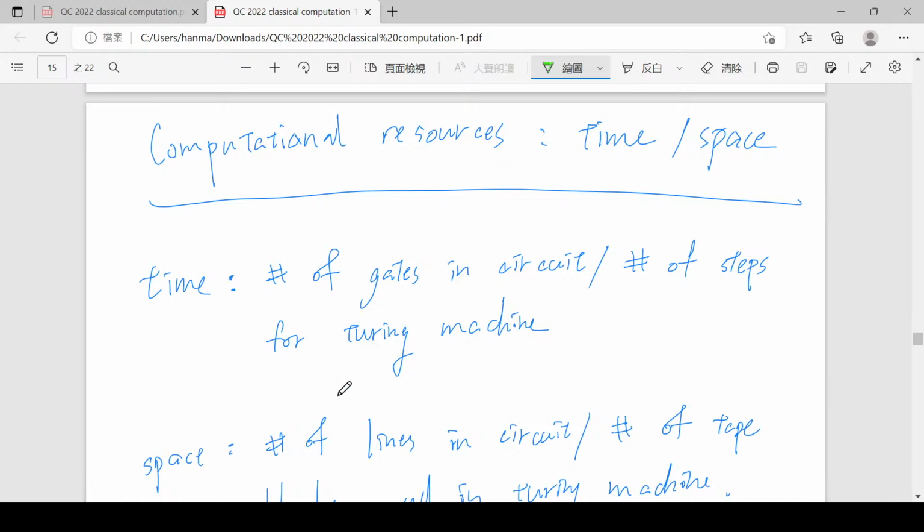So time used in your computation, this is, well, quite a concrete example. So some computation you do on your laptop, or simulation, etc. It's a quite concrete concept. It's how much time spent